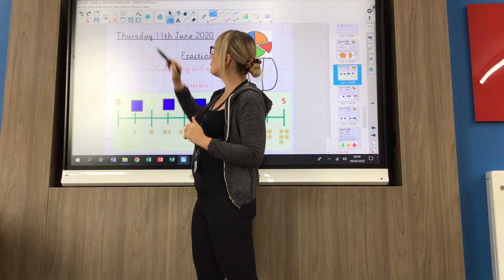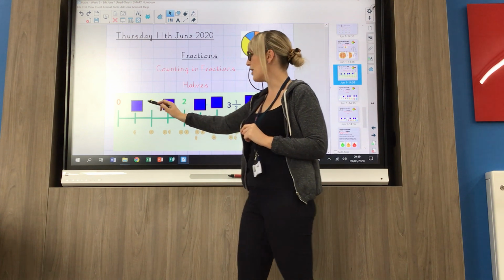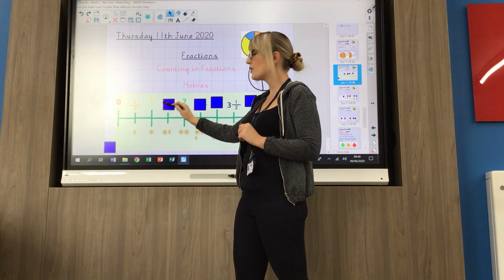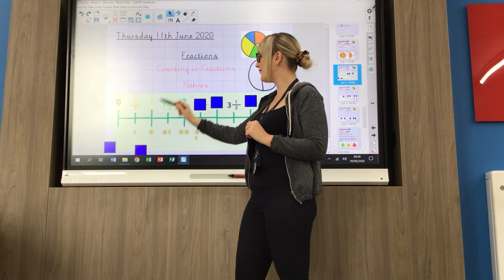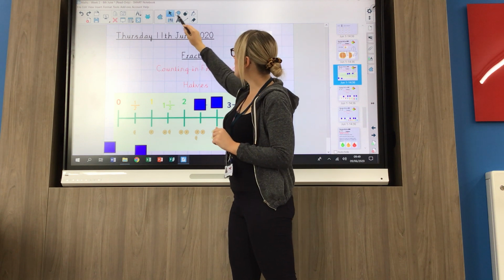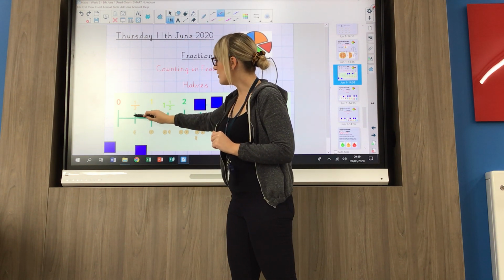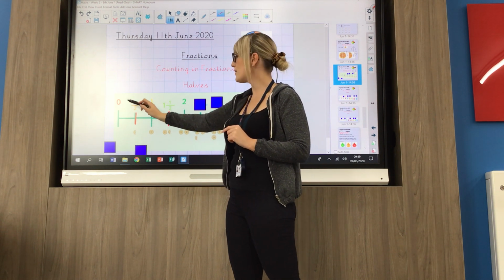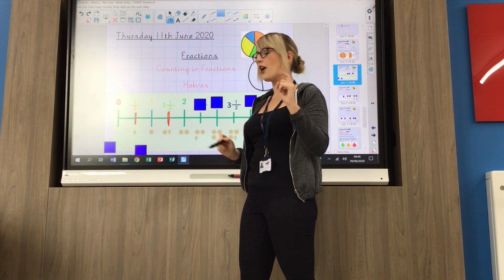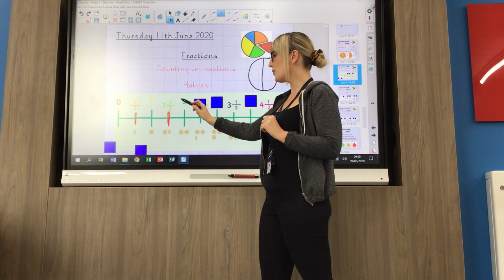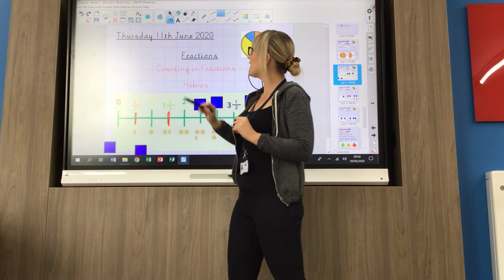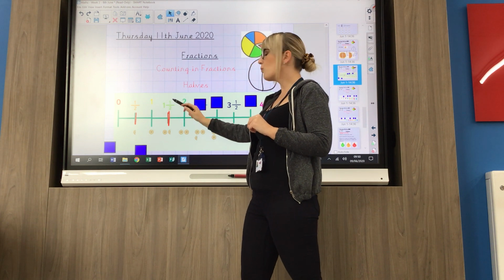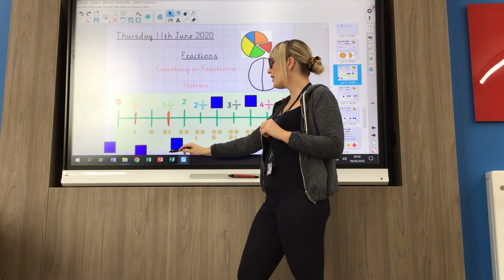So let's think about that with numbers then. So I've got 0, 1/2, 1, 1.5, 2. So this number in the middle, the middle part between two numbers, is a half. So between 0 and 1, I've got 1/2. Between 1 and 2, I've got 1.5. So let's go: 0, half, 1, 1.5, 2, 2.5,